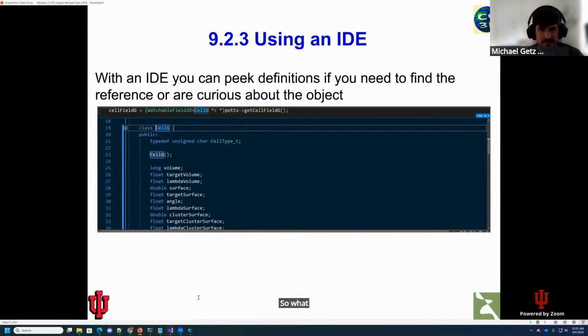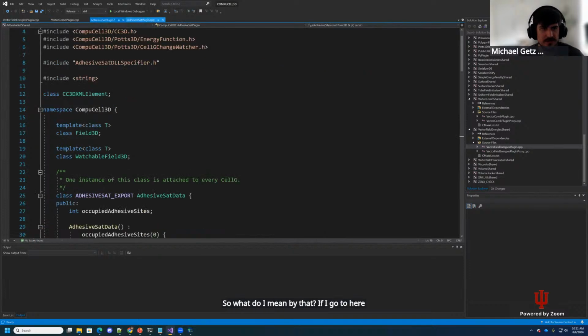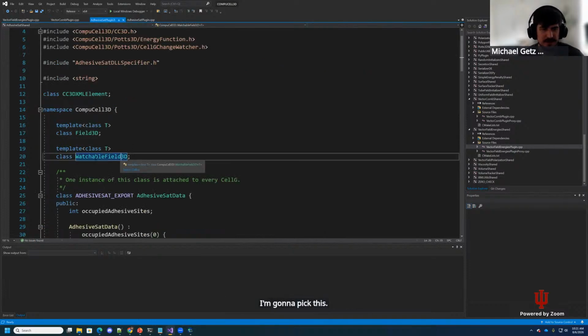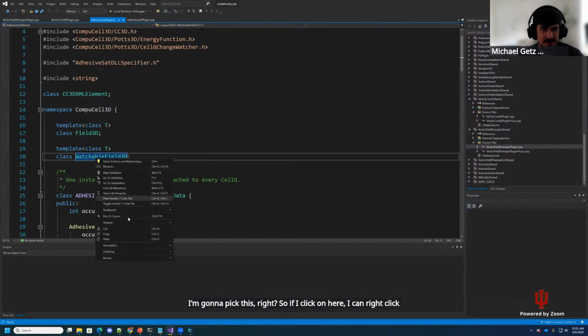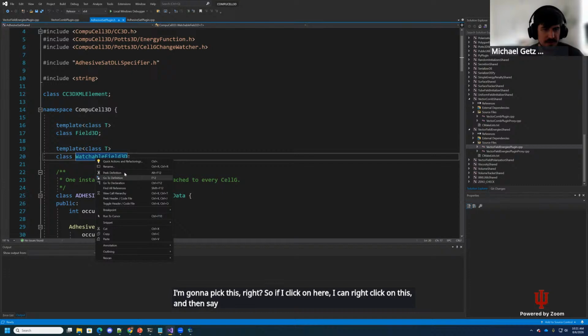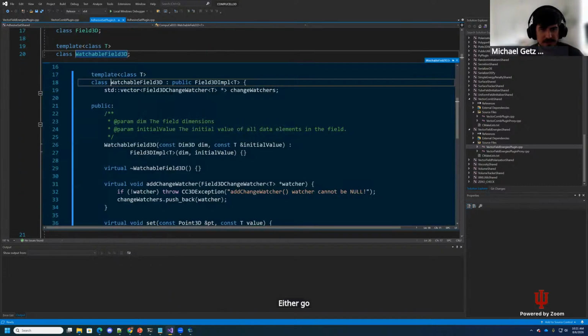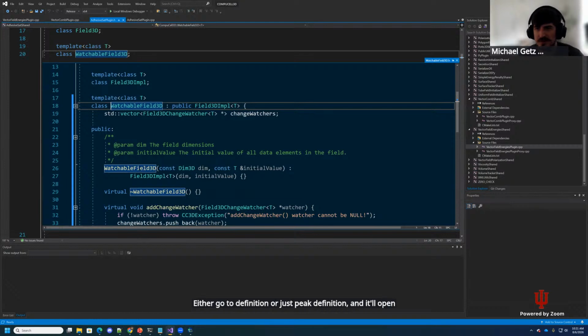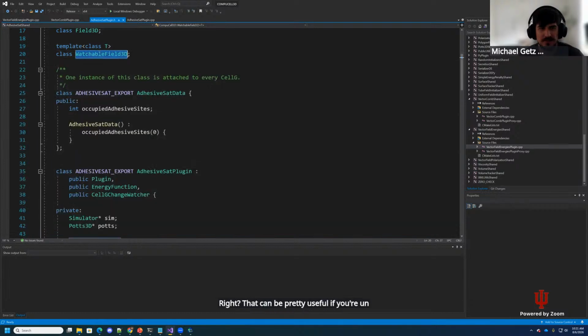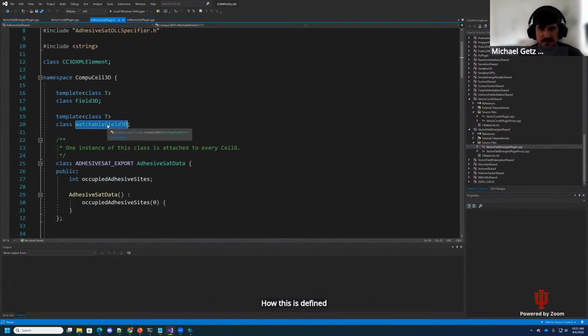So what do I mean by that? If I go to here, I'm going to pick this, right? If I click on here, I can right-click on this and then say either go to definition or just peek definition, and it'll open up a little window and then show me how this is actually defined, right? That can be pretty useful if you're unsure of how this is defined, especially when it comes to C++, where you have so many pointers that it can get hard to track what's actually going